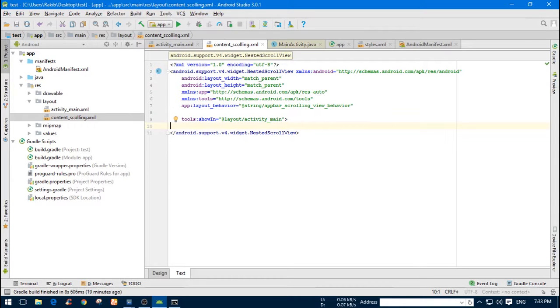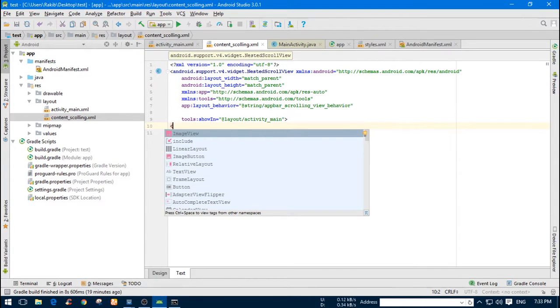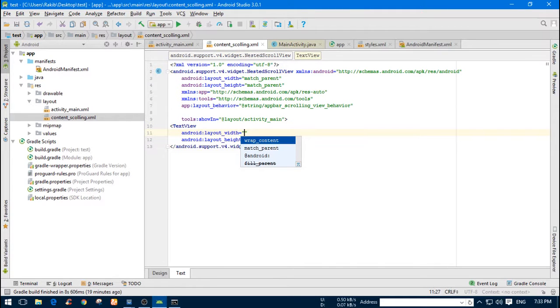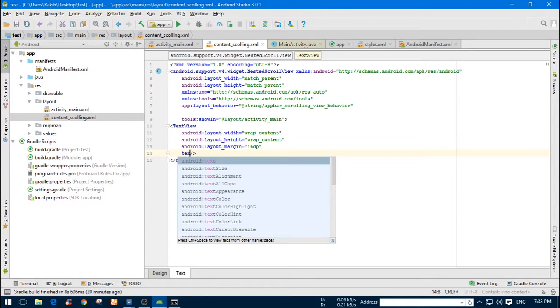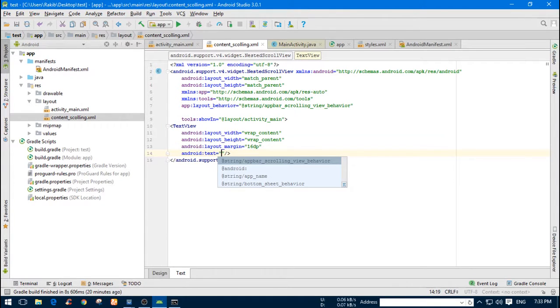The next thing I will go with is the text view. Just get everything you want. Ref content, and put some margin. And for text, I'll use